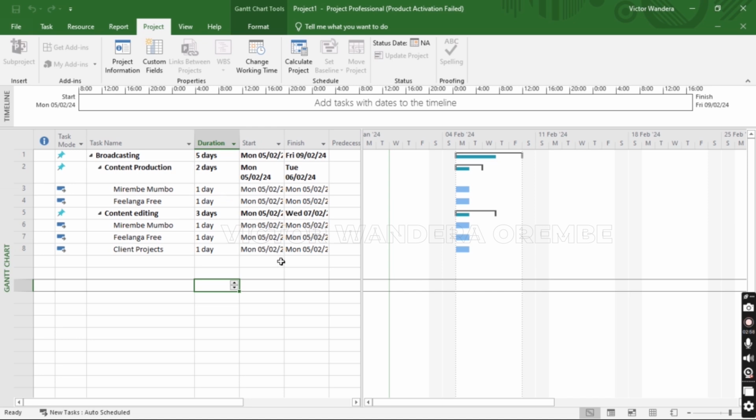Now the next thing we would like to do is to set predecessors. Basically, a predecessor states which task should be the first one and which should follow which task. And for you to be able to do that, pay attention to the task numbers on the left hand side here. They are going to be very key in filling in predecessors. Now task 1 is called broadcasting, and task 2 is called content